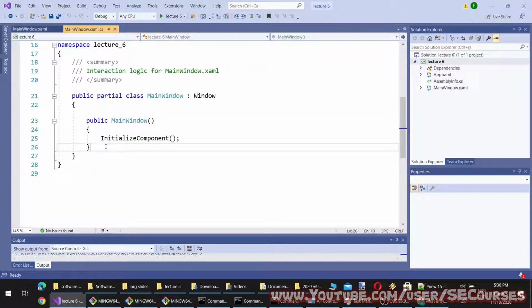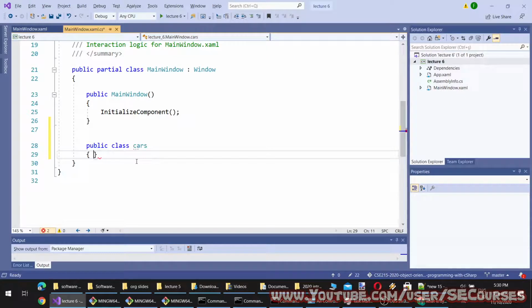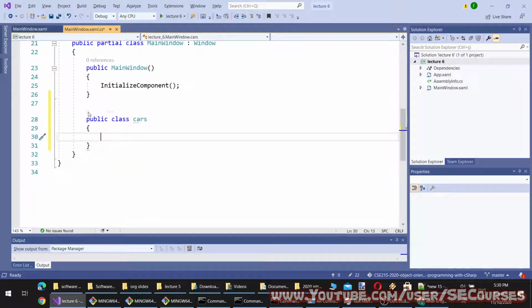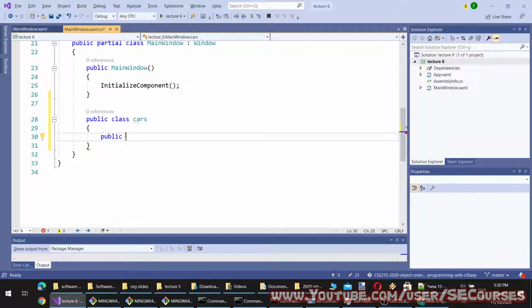I will start with composing a custom class. It will be Cars. It will be a public class and I'm going to set some attributes, fields to it. Car brand, which should be by default, let's say, BMW.